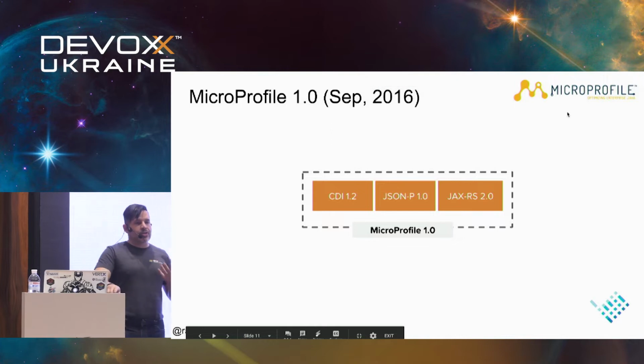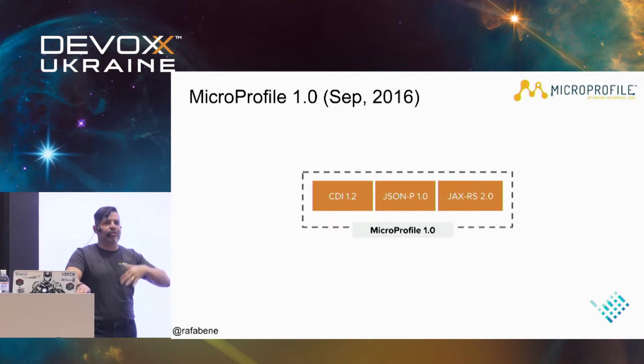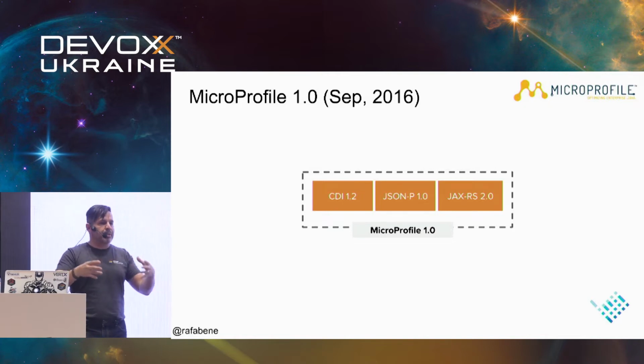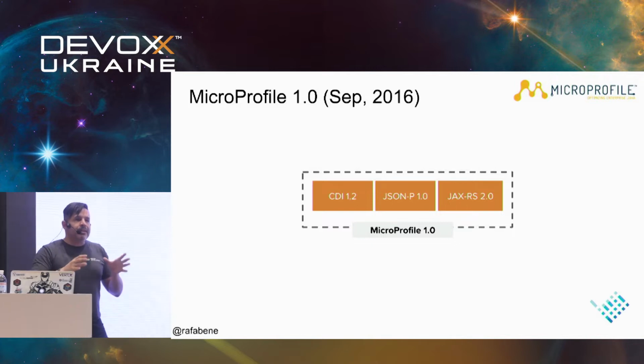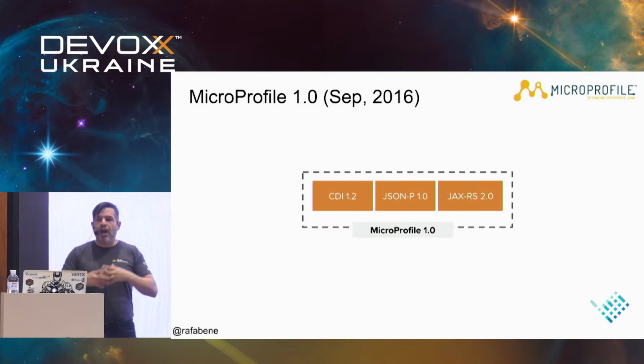So how did it start? There was a moment in time that, of course, you all know about Java EE, right? Java EE is very famous. It's a specification maintained by the community, and then we had several vendors that implemented Java EE. But there was a moment that the community realized that Java EE was not enough for this new world. And what I mean by this new world is the cloud